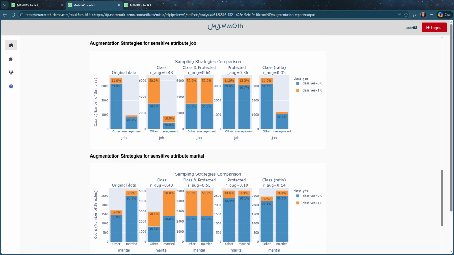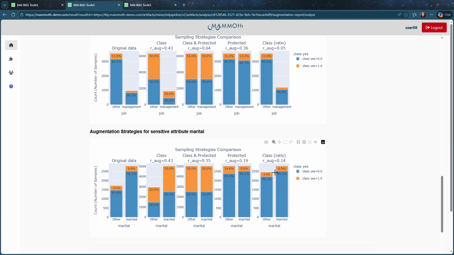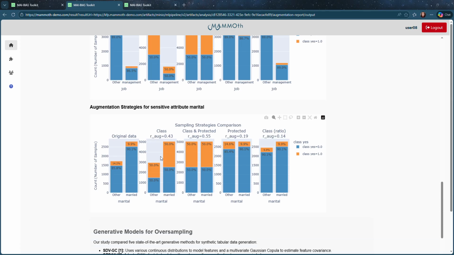On the other hand, strategies like class make smaller adjustments, improving the representation of these groups while keeping the original class distribution the same. This allows us to see how each approach affects the dataset and helps us choose a strategy that improves fairness without significantly distorting the data.